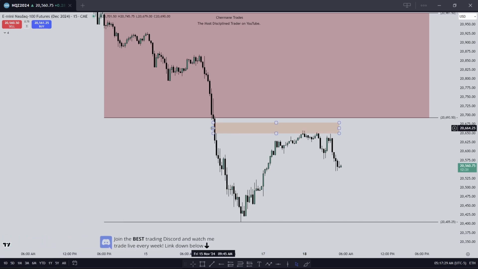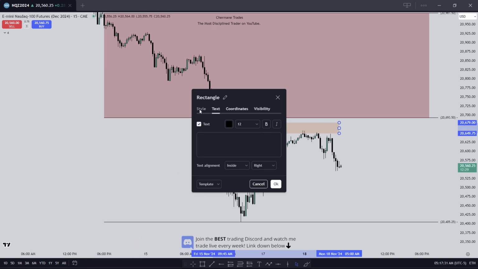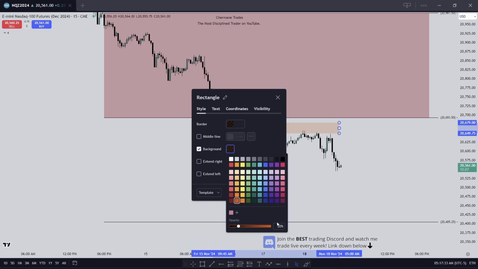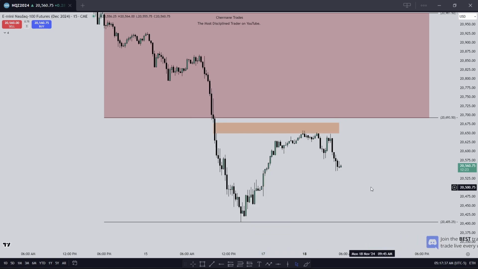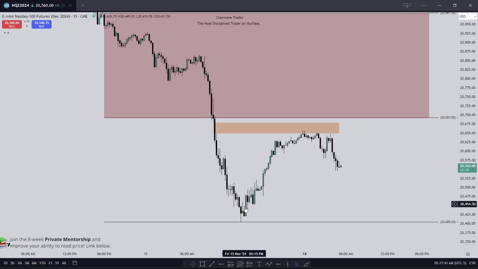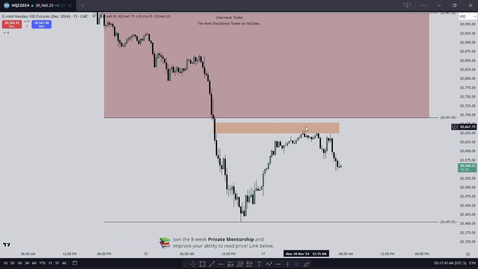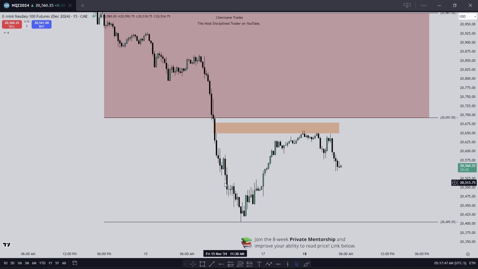All right, let's make that a little darker. That's better. So looking at this price leg here, where can we reasonably expect a possible retracement higher to go lower? Well, we have inefficiency up here, looking left, a small little gap up here. But this right here is an obvious imbalance.